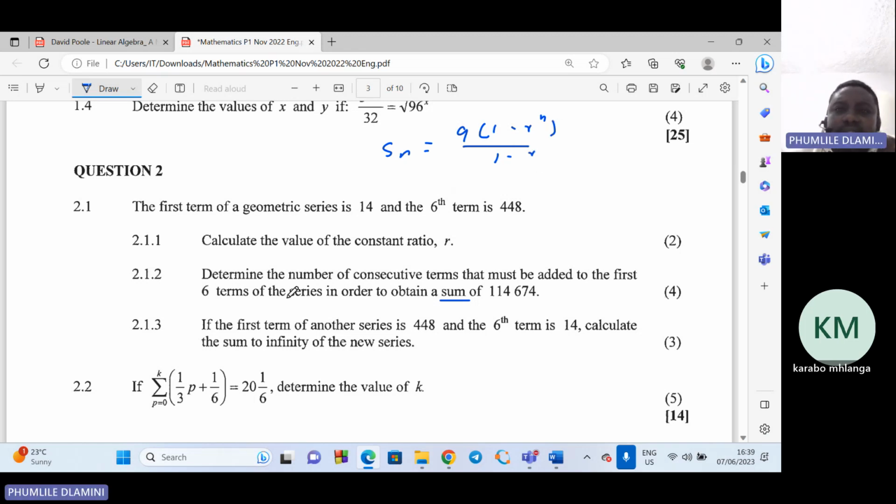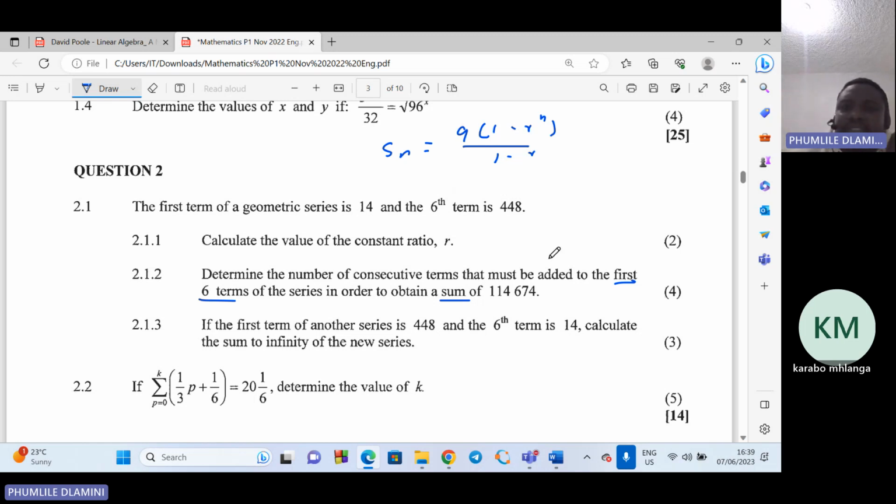Here they are asking: determine the number of consecutive terms that must be added to the first 6 terms of the series in order to obtain